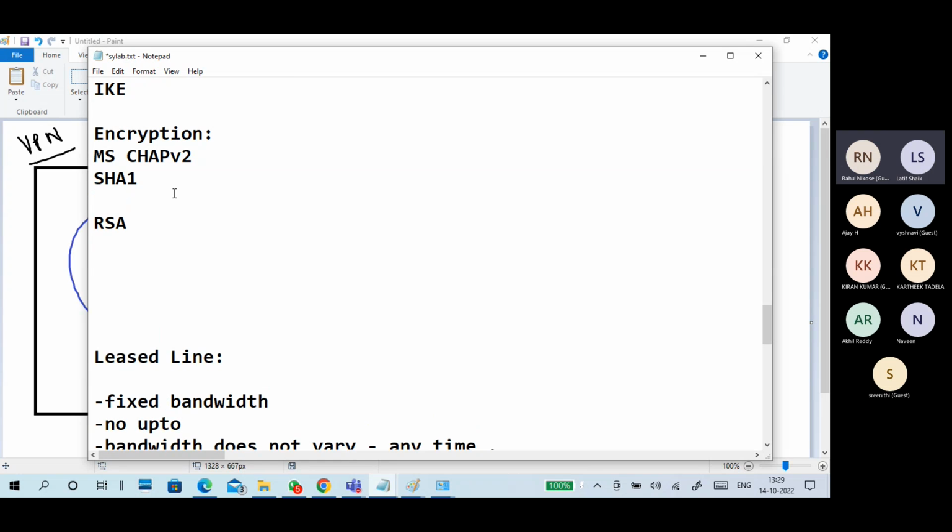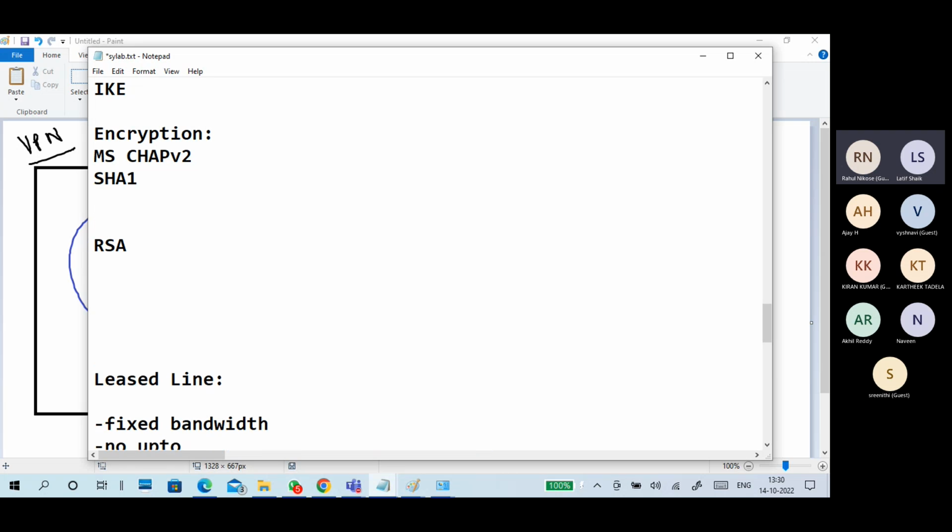RSA token system is utilized for verification purposes only, to verify whether the client is a genuine client or not. RSA establishment, but we can use SHA kind of encryption.